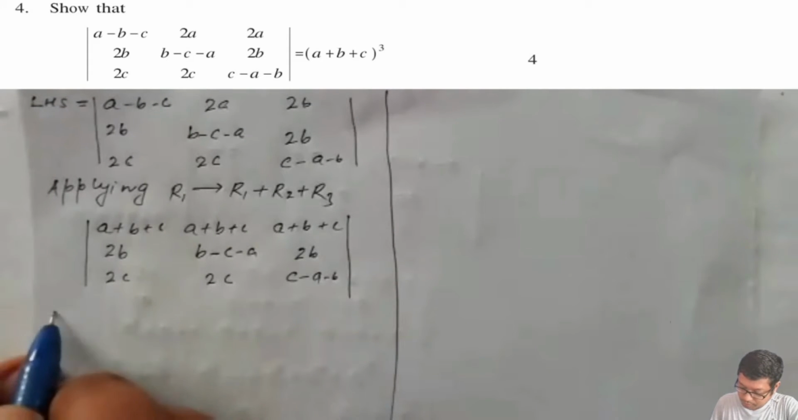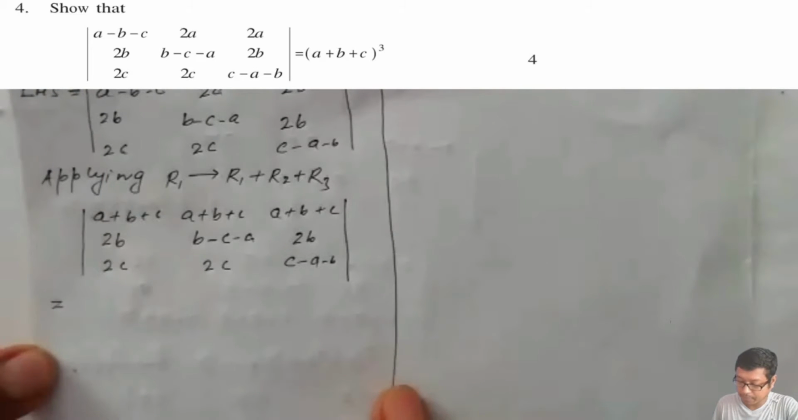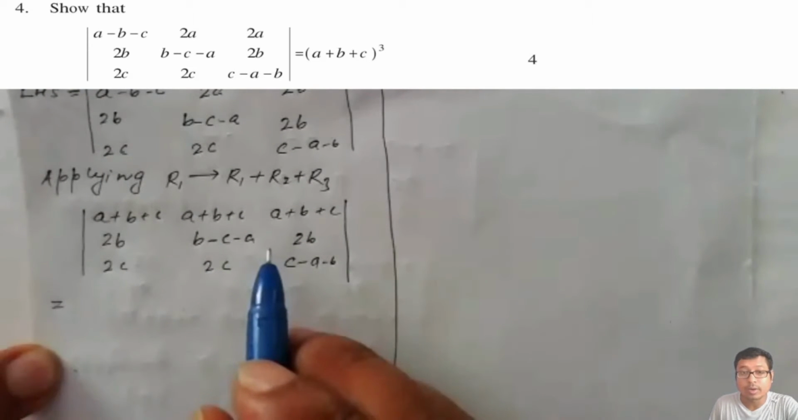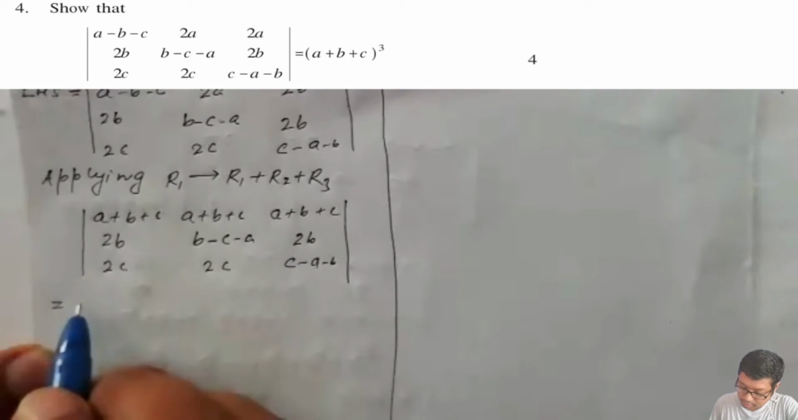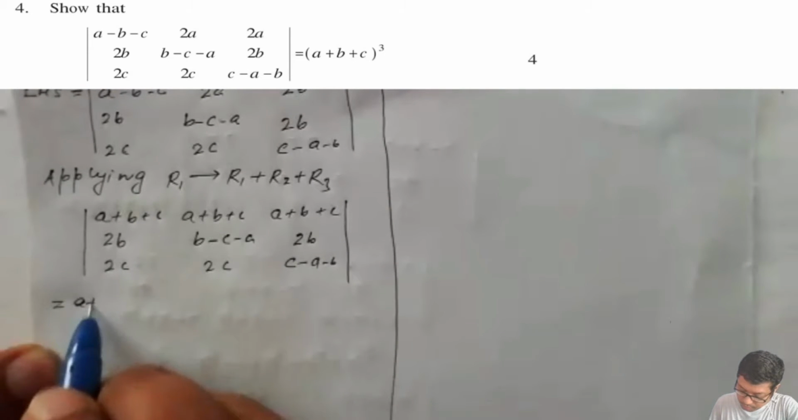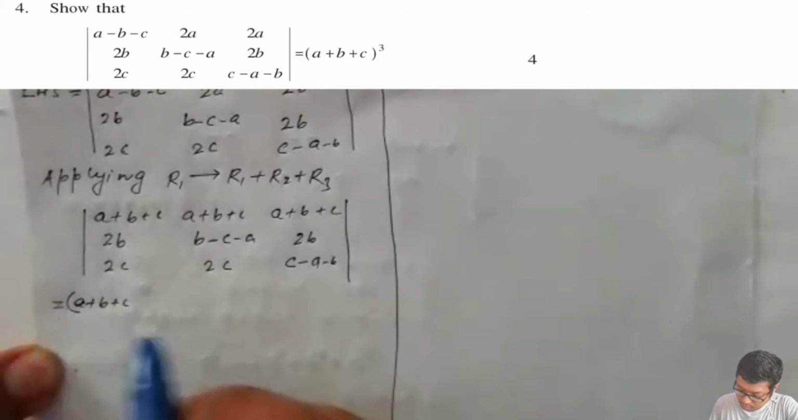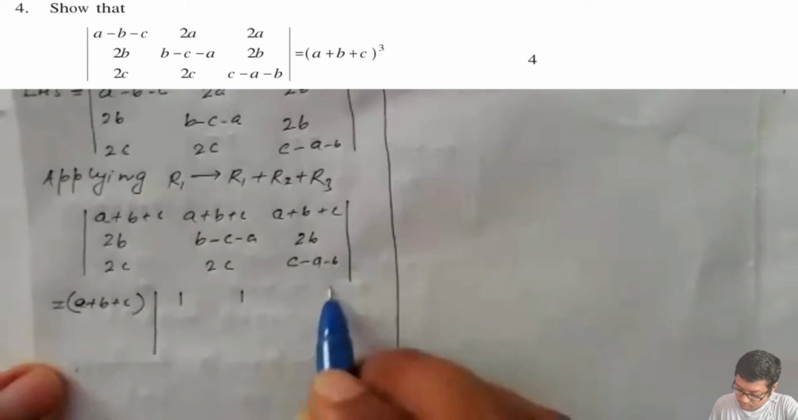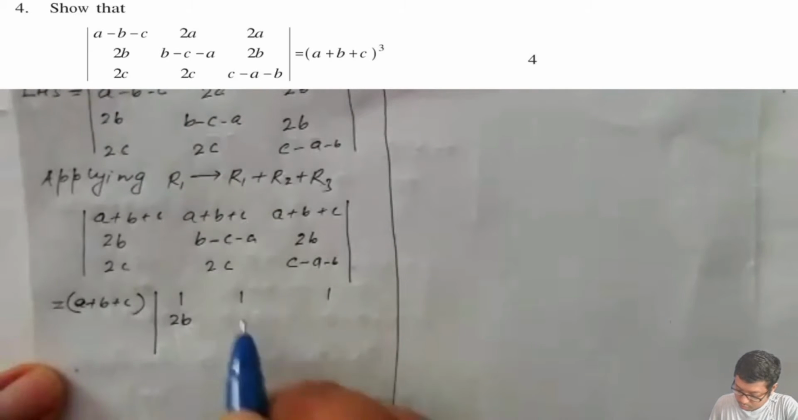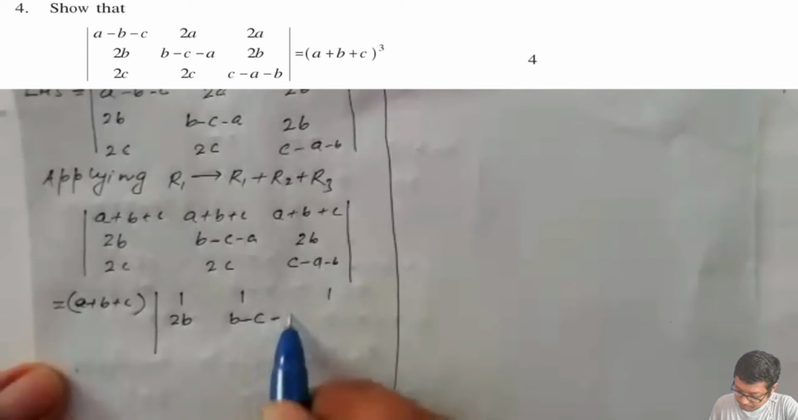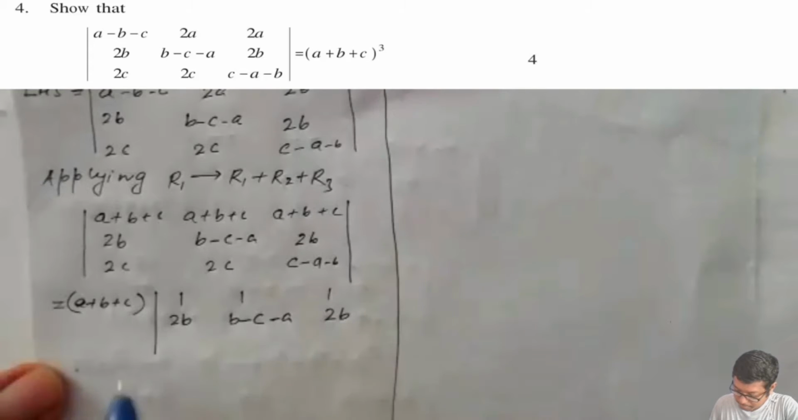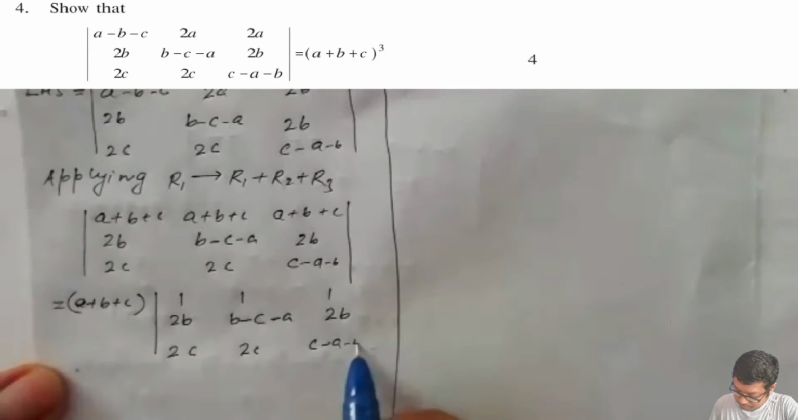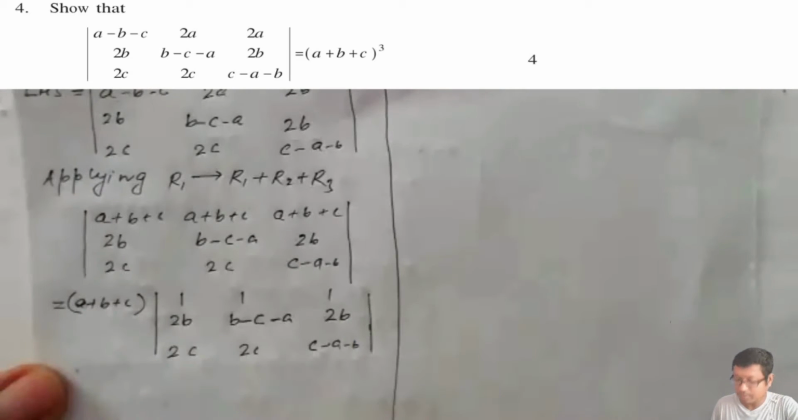Now if you observe the first row, a plus b plus c is a common entry, so I can take it as common. If I take that as a common quantity, then we are left with 1, 1 and 1, and the rest of the rows will remain the same. Okay,